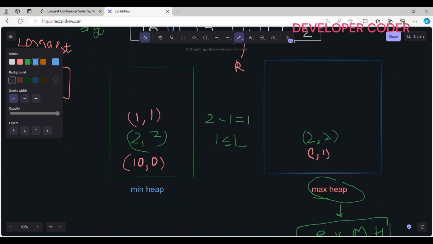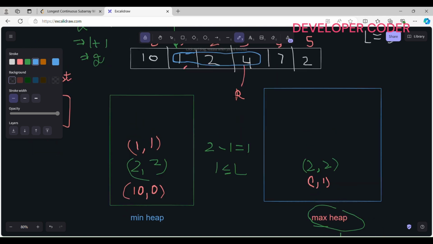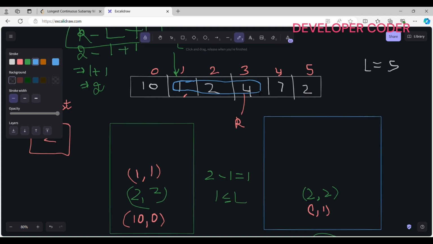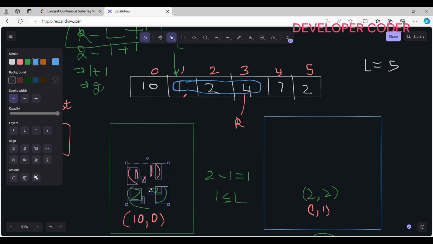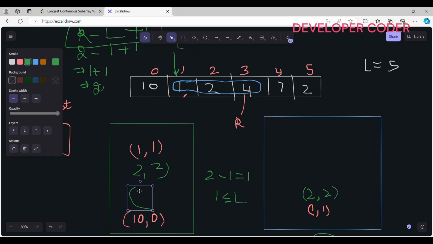Okay, this is min heap, right? So the minimum element should be on top, so this value 4 at index 3 will come before this 2. Let me do one thing here. Let me select this part and move it a little to the top. Okay, this is done. So now here I have to add 4